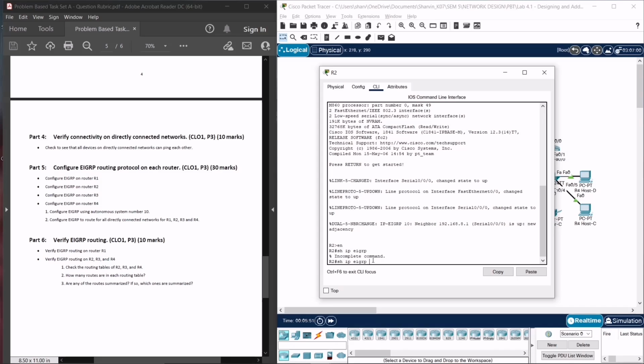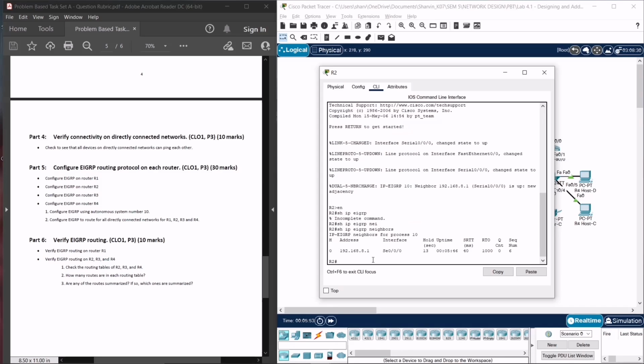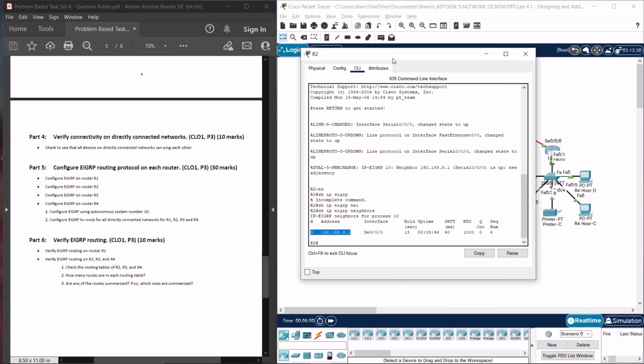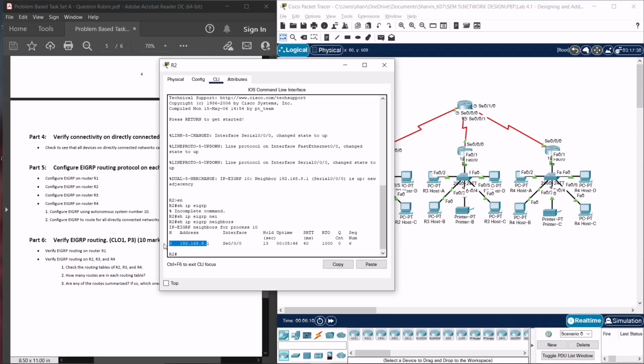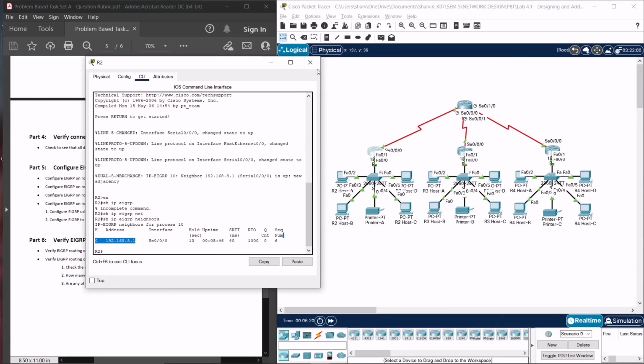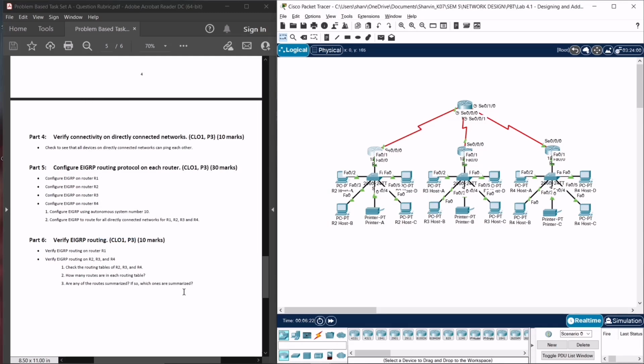Let's check the IP EIGRP first. Okay, this address is connected to FastEthernet 0/0. Sorry, the serial interface 0/0/0 in R2. Sorry, this is the IP address of serial 0/0/0 in R1. And before answering this question, let's verify the EIGRP routing in R3